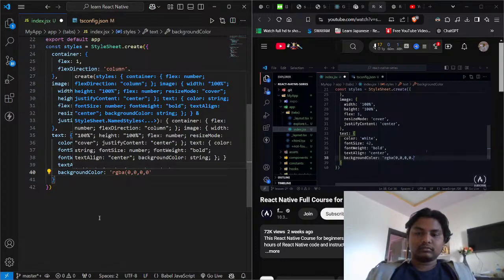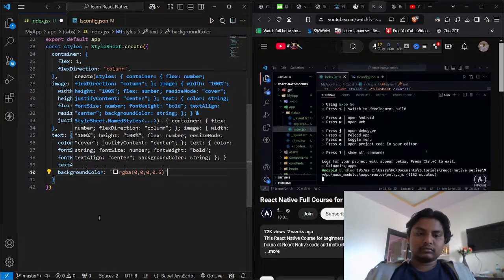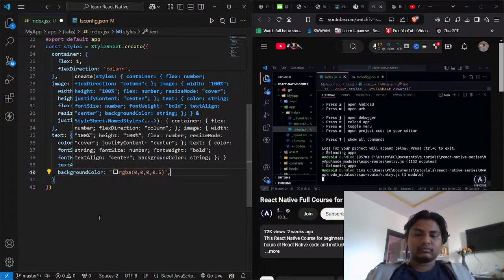So we'll set it to kind of a see-through of 50%, essentially 0.5. Go ahead and put a comma after that as well. I'll save, open the terminal once again, and hit R to reload. Let's once again look at the